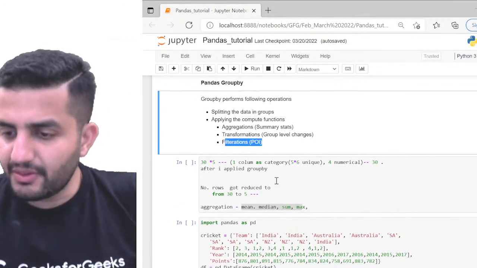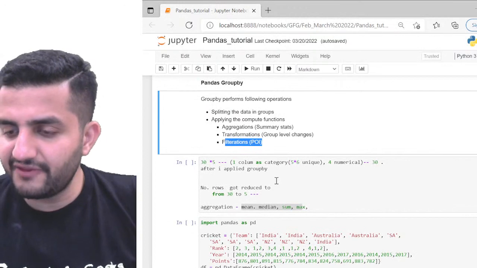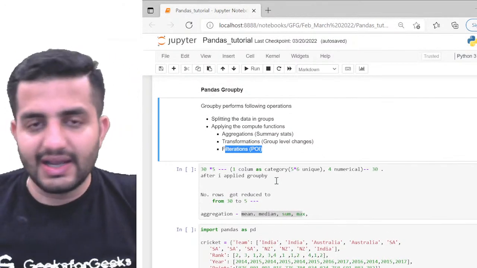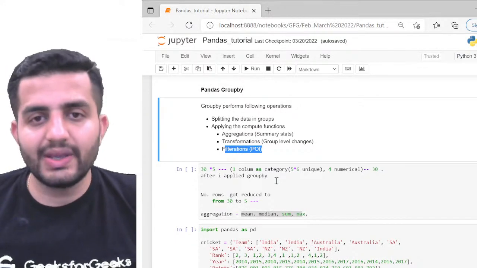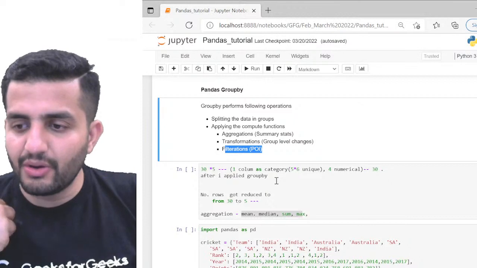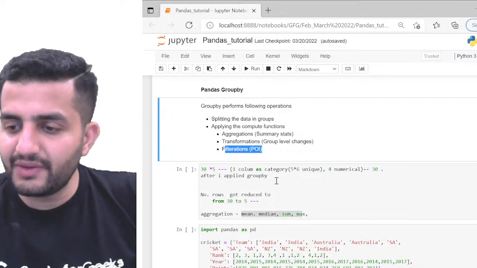Okay, we have a question from Hellfire. Can you give a quick brief, please? Yes, why not? I can do that. Okay, so as I said quickly, guys, group by is first splitting the data into groups. By group, I mean it is splitting the data into individual sub